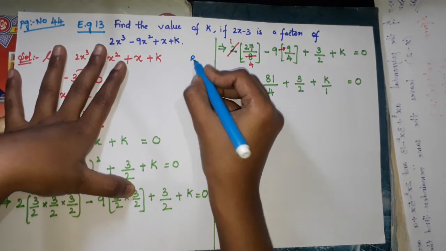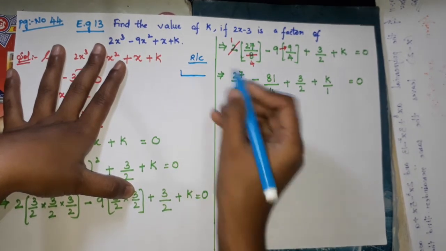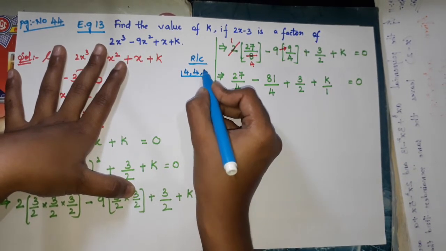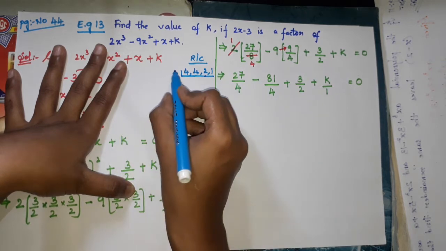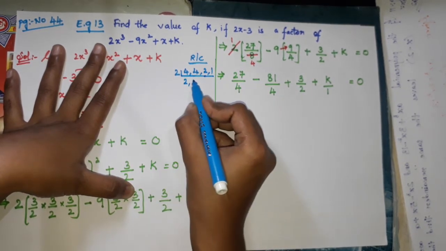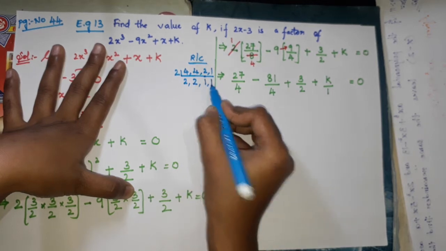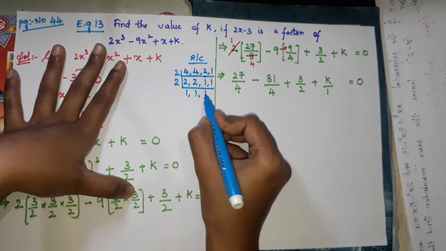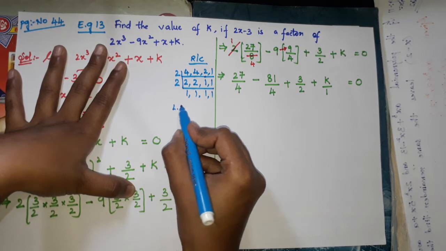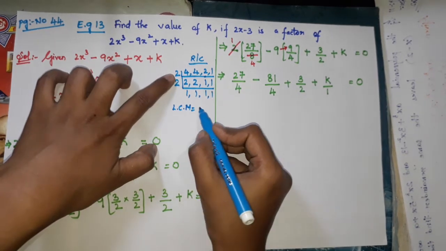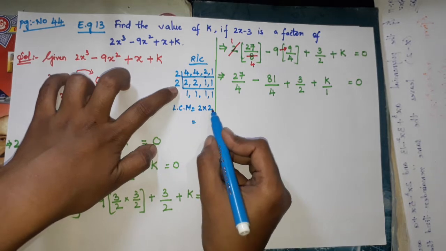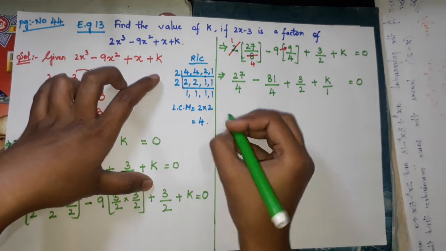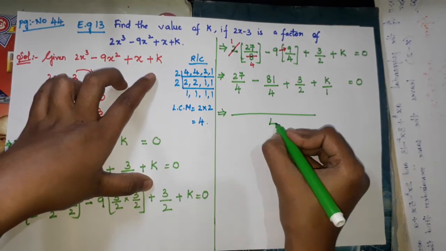Now rough column. What are the numbers? 4, 4, 2, 1. 4, 4, comma, 2, 1. Okay. Now 2 table we must take. 2 2s are 4, 2 2s is 4, 2 1s is 2, 1 as it is. 2 1s are 2, 2 1s are 2, 1, 1. Now LCM will be what? This we have to multiply 2 into 2. 2 2s is what? 4. So what is our LCM, children? It is 4. See here, I'll write 4.